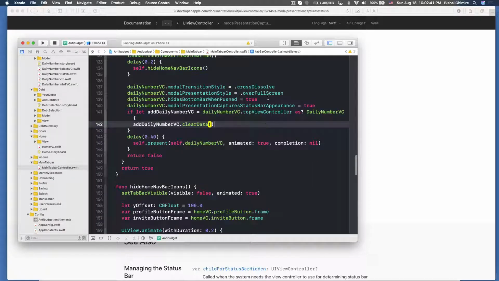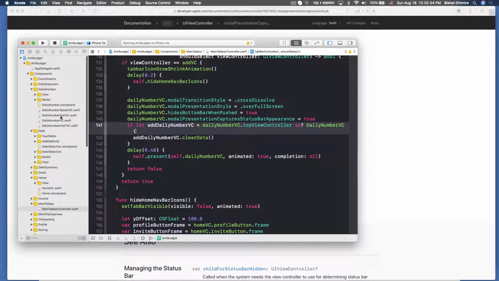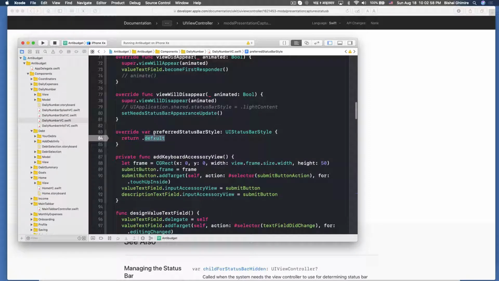For this, I need to make sure that it's full screen. The presentation style modally should be full screen. Then what I need to make sure is that I have appearance set to true for modal presentation capture. Then only the method I have shown previously, for daily number, just the default, this will be